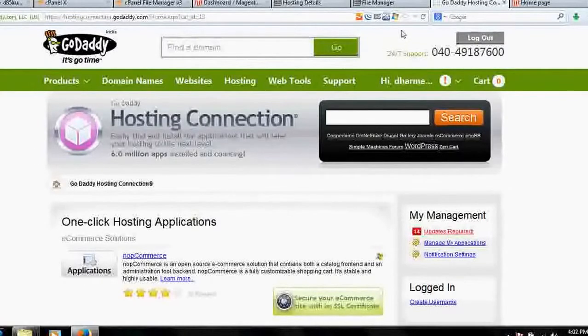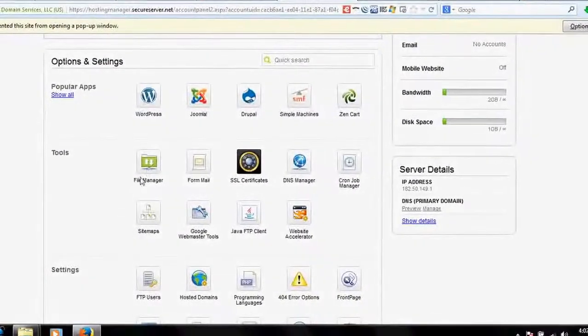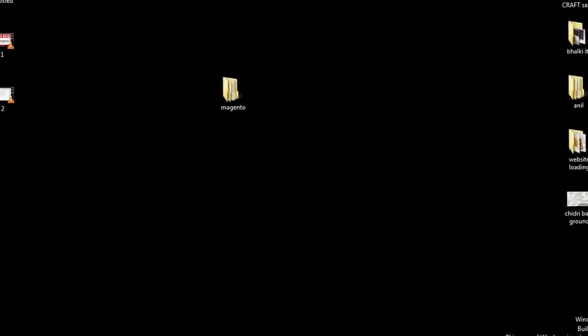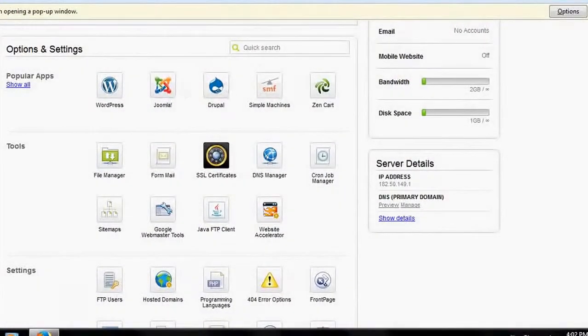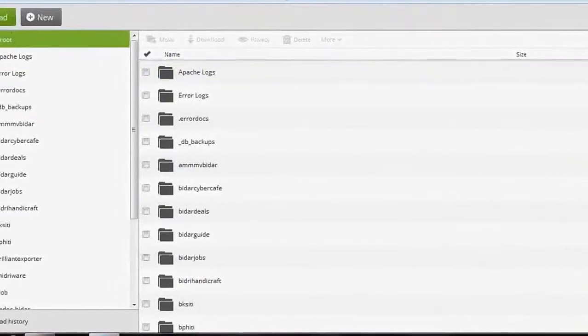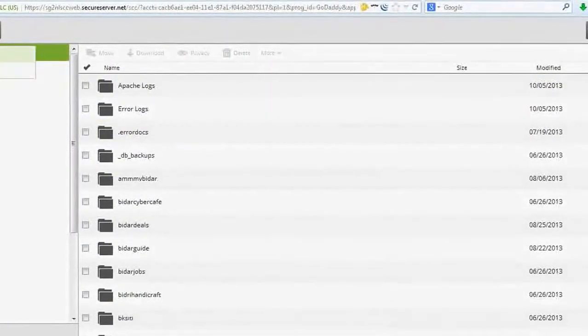This is the biggest question. You have to manually upload these two files, the Magento Commerce engine and the sample data, to your hosting account. You can do this by going to the file manager, and when you reach here, you will get an upload option.